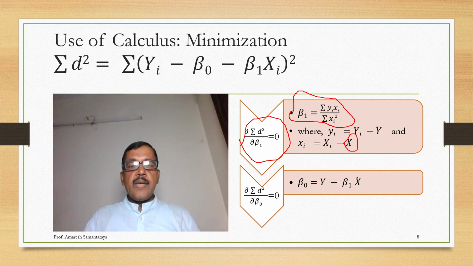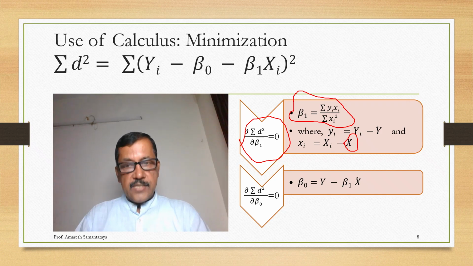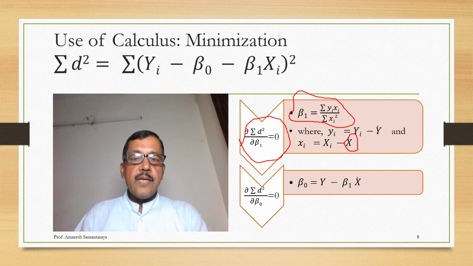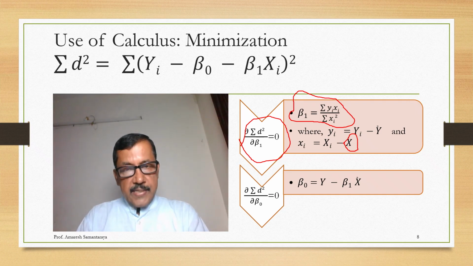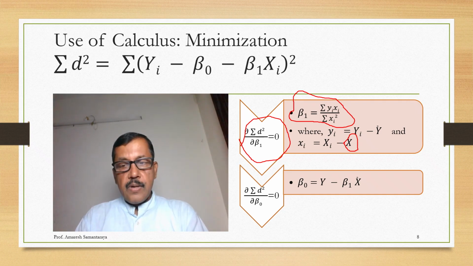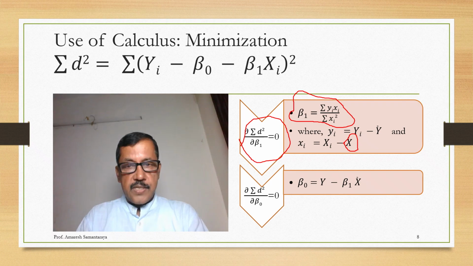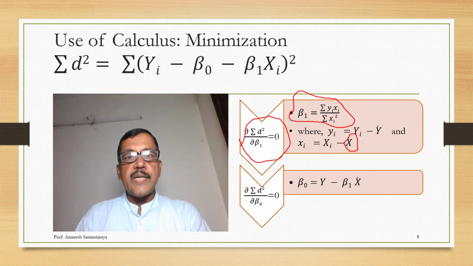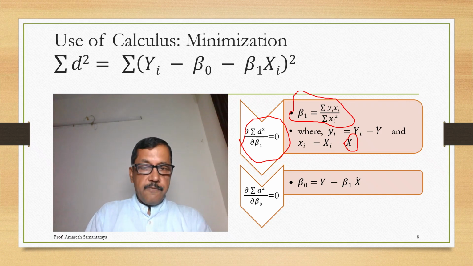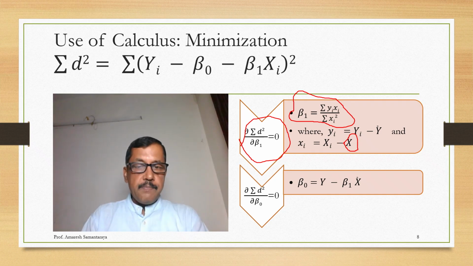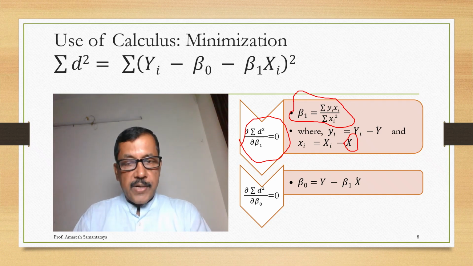So that way, capital Xi minus the mean value of x, which is basically x bar, gives me lowercase xi. So from the minimization principle, from the first order condition, we can derive the formula for beta 1 equal to summation lowercase yi xi over summation xi square. Similarly, from the first order condition, by taking the partial derivative of summation d square with respect